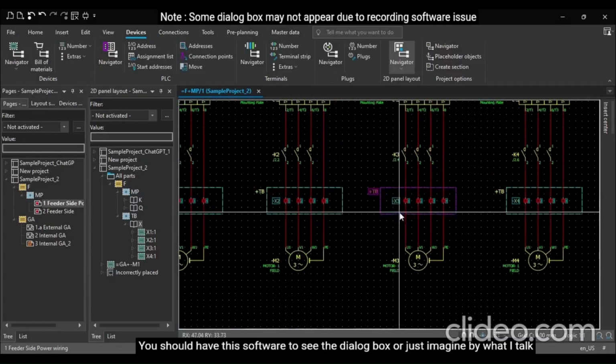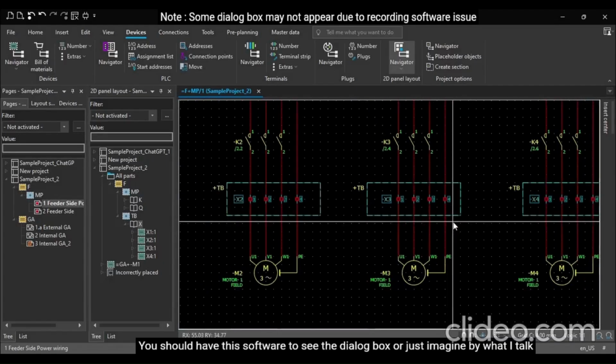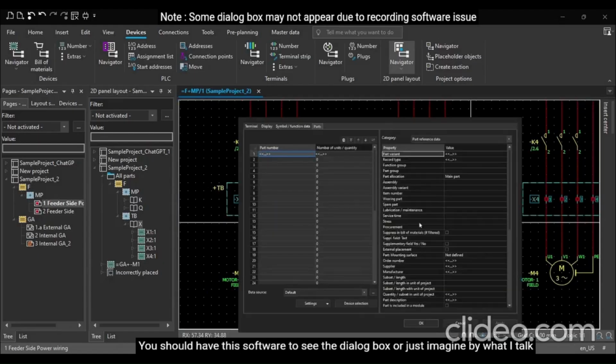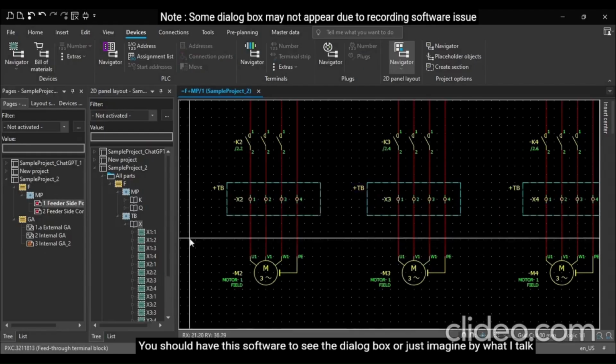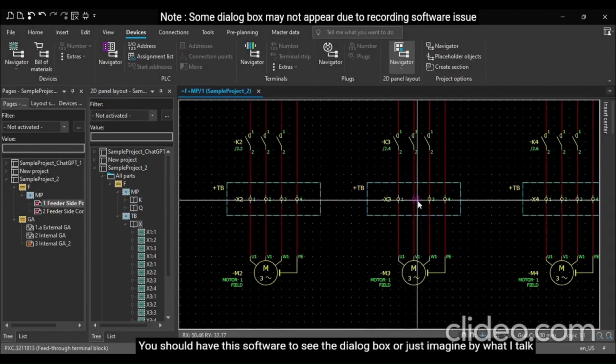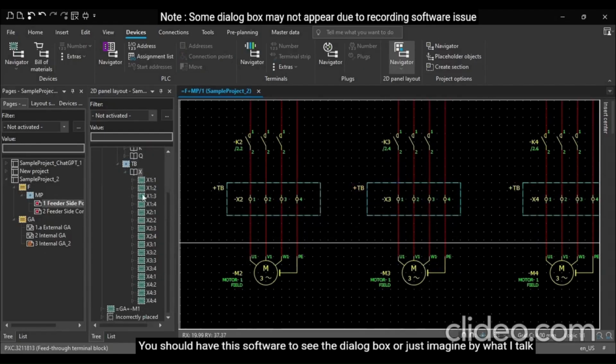Okay, all the terminals are selected. Right click, go into properties, and I'll go here and give the part. Terminals, terminal exe, whichever terminal you want, you can give it according to specifications. These are the terminals which are preloaded, and now when I give the part, you can additionally see here all